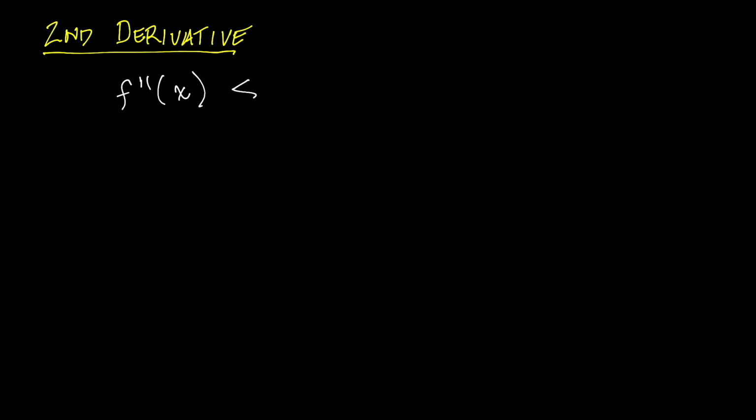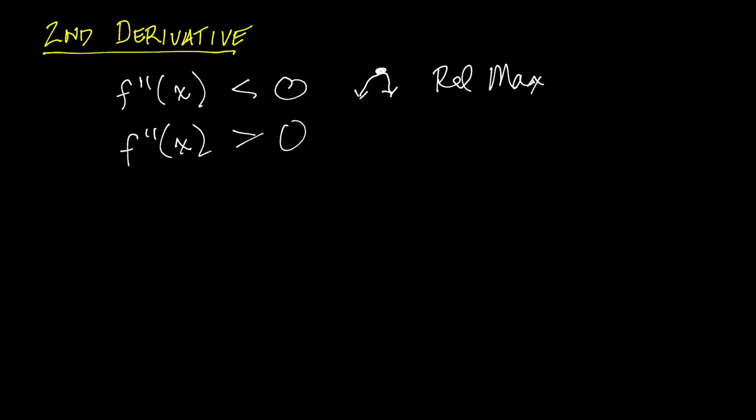First off, if the second derivative is less than 0, that tells me that I'm looking at something that's concave down. So up here, we would be classifying a relative max. The second thing about the second derivative is that if I have a second derivative greater than 0, that means I'm looking at a region of the curve that is concave up and therefore represents a